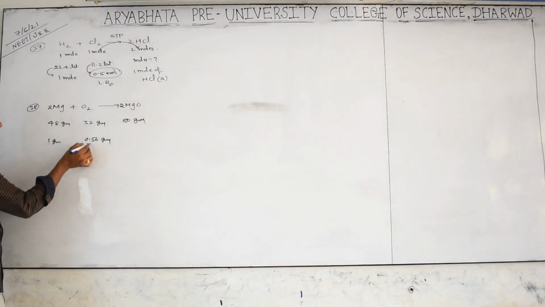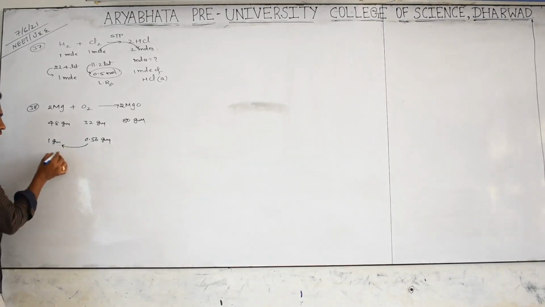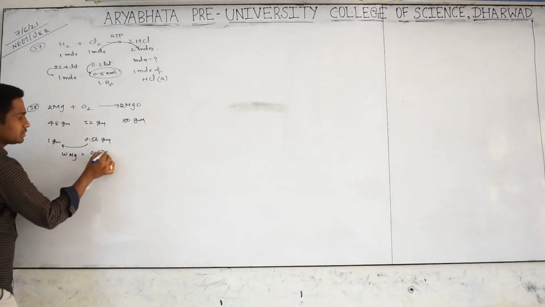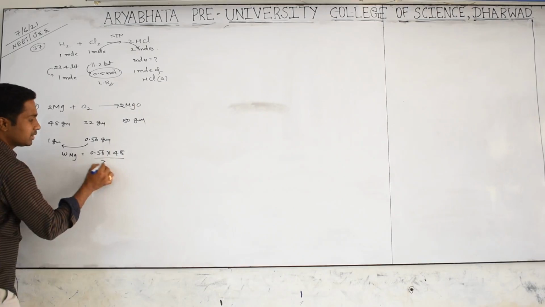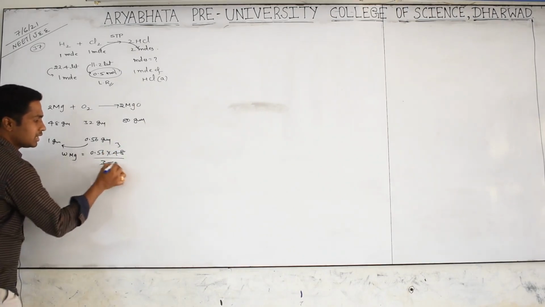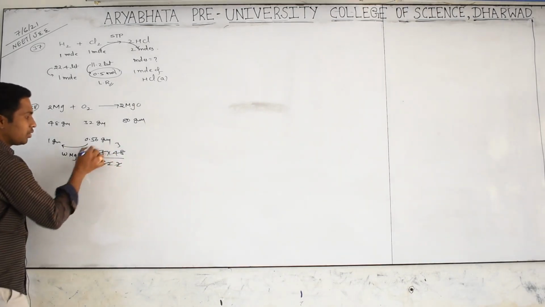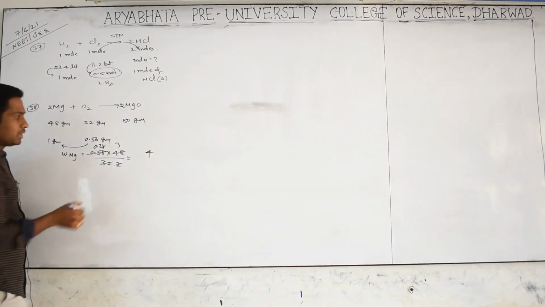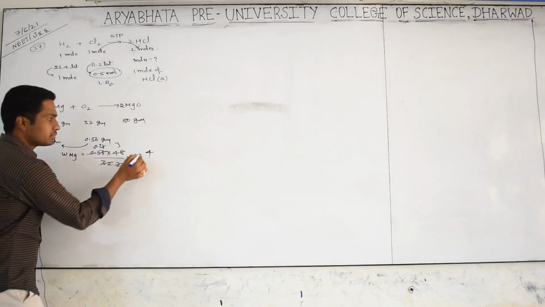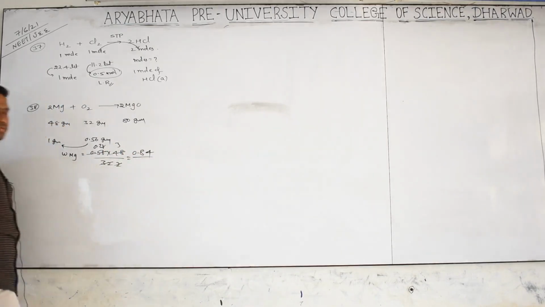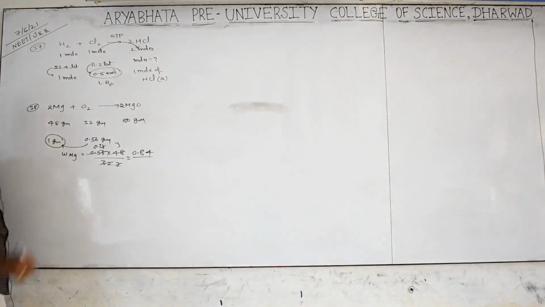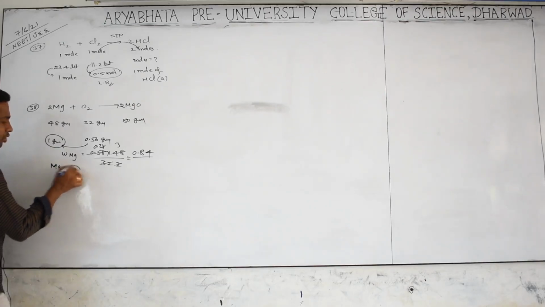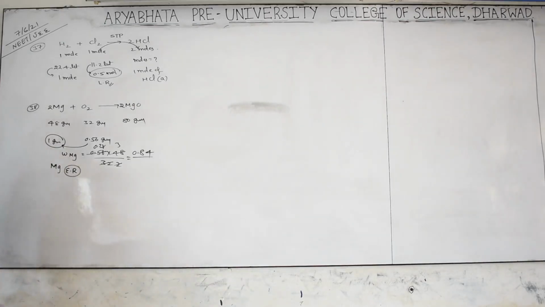So you can do this. 0.56 grams of oxygen, how much magnesium is required? The weight of magnesium required is 0.56 into 48 by 32. 3 16s are 48 and 2 16s are 32, so it is 0.28 times 3, 8 3s are 24 and 3 2s are 6, so 0.84 is enough, but he has given 1 gram, excess. That's why magnesium is the excess reagent. Are you getting or no? And how much is remaining is asked.